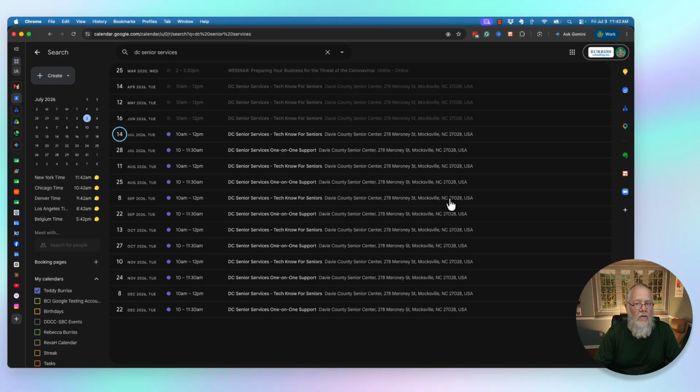I do these calendars on a regular basis where I set up in my Google Calendar where I'm going to go. In this example, I'm going to go to DC Senior Services. I go twice a month. One time I do a session and another time I show up for a one-on-one. And you can see that I have all these entries in here and they all say DC Senior Services